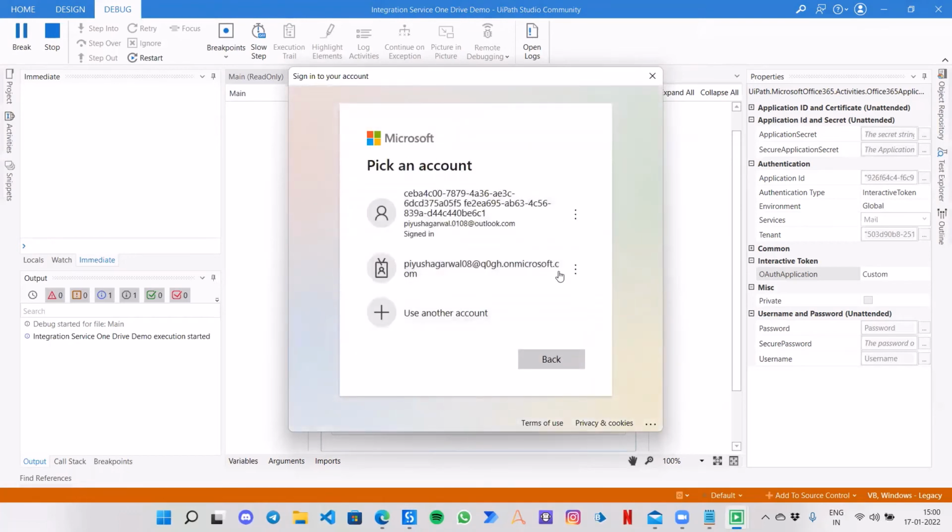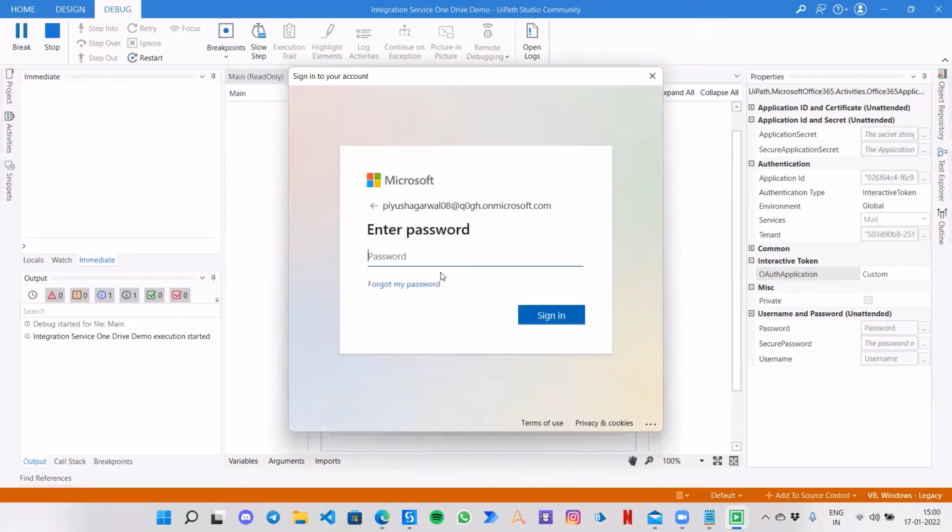So in the custom, I have to choose my Microsoft account and enter my password. This is the same window that will pop up once you try with UiPath itself. Now, based on connectivity issues, I'm not sure if it will log me in, but let's try.